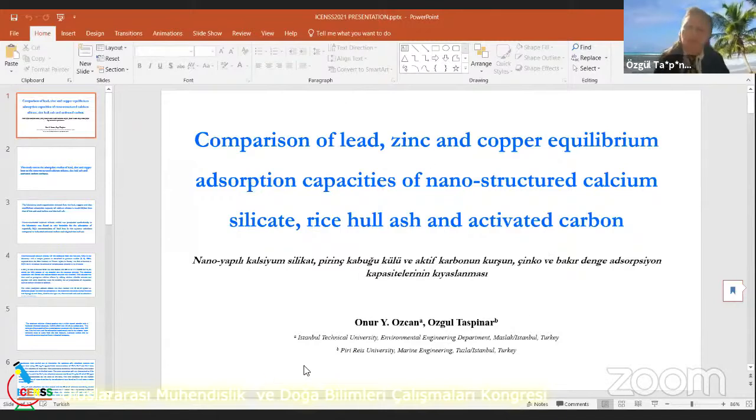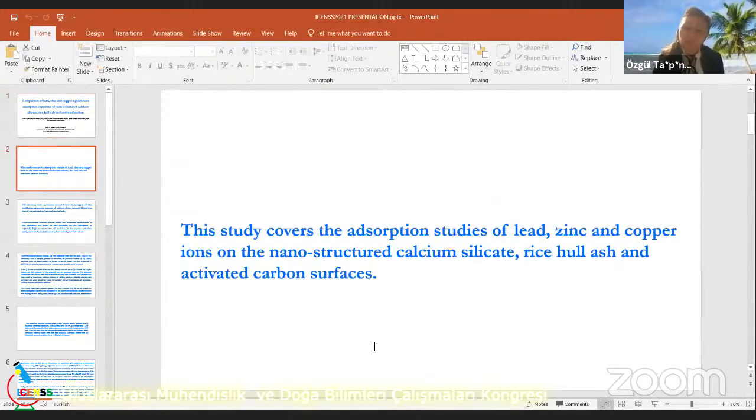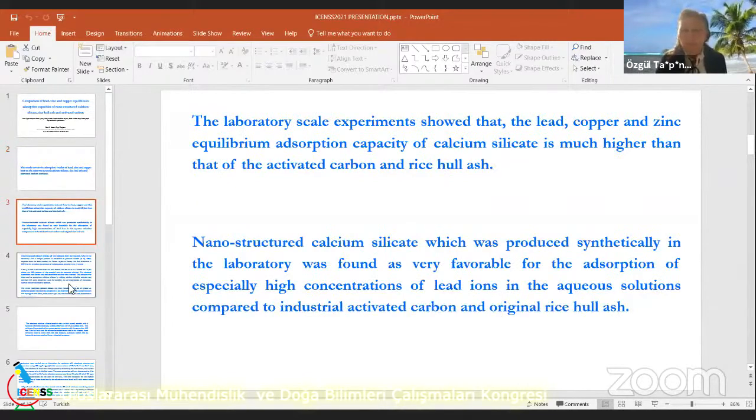In this study, we have compared the adsorption capacities of nanostructured calcium silicate, rice hull ash, and activated carbon for lead, zinc, and copper ions in the aqueous medium. The nanostructured calcium silicate is produced in our laboratory from rice hull ash. It's an agricultural waste, and with a very simple process, we have produced it, and we have compared its adsorption